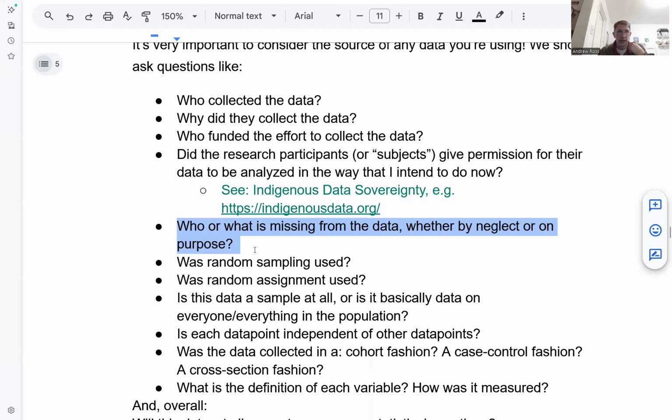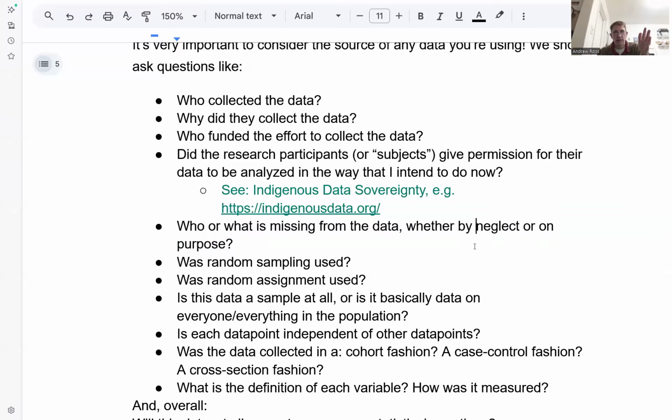Now, if you want to study the effects of this medicine in people in the US, that's totally fine. You don't have to go study it in other countries. You probably don't have the funding for that. But that would be on purpose, and that's fine. But by neglect would be something like, and things like this have happened,